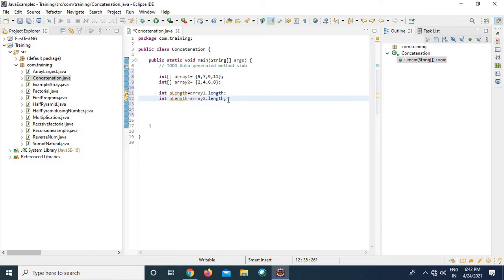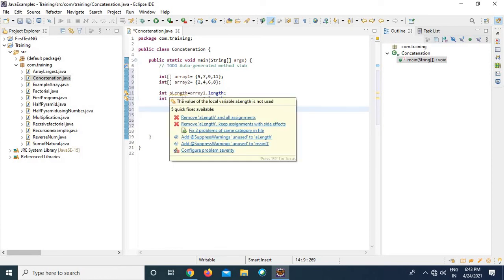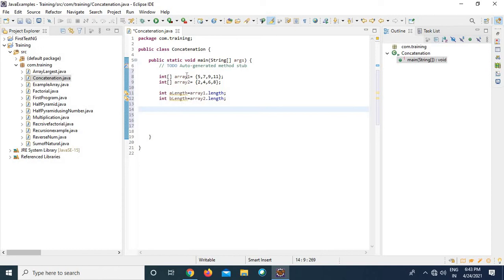Now what I wanted to do is add these two lengths, because I wanted to form a new array which is a combination, a concatenation of both of them. I need to join both of them. That means here 4 elements are there, here 4 elements are there. 4 plus 4, 8 elements my array should consist of. That's the reason I am taking another variable, result, that is the new array.